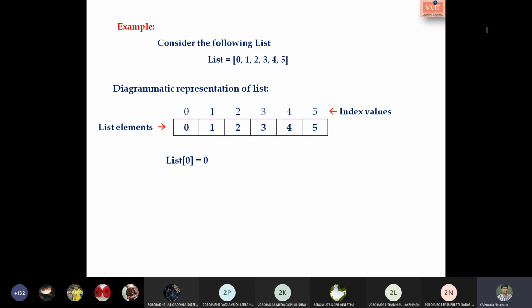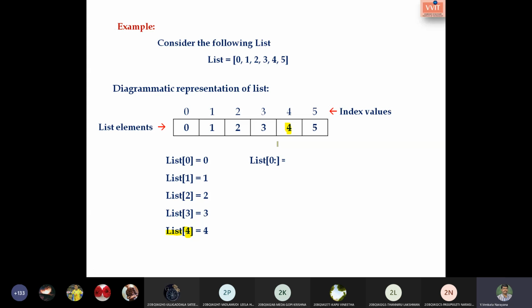So list of 0 is having value 0, then 1, 2, 3, 4 and so on. That is list of 4: the name of the list is list and the index value is 4, so the value is 4. That is clear.